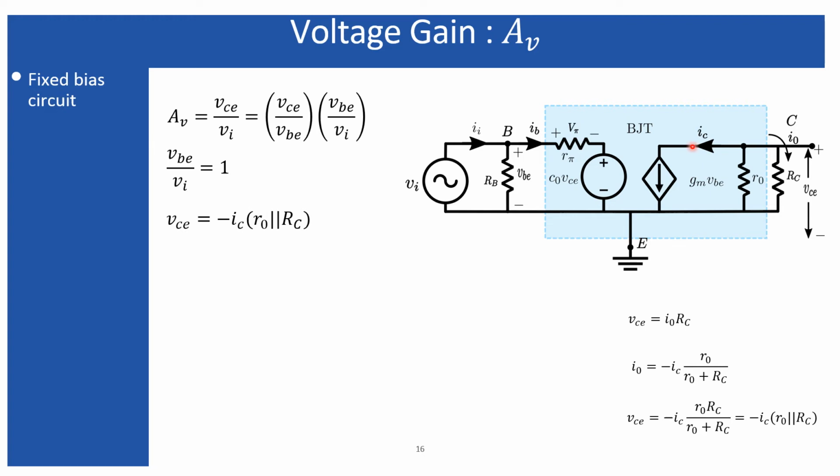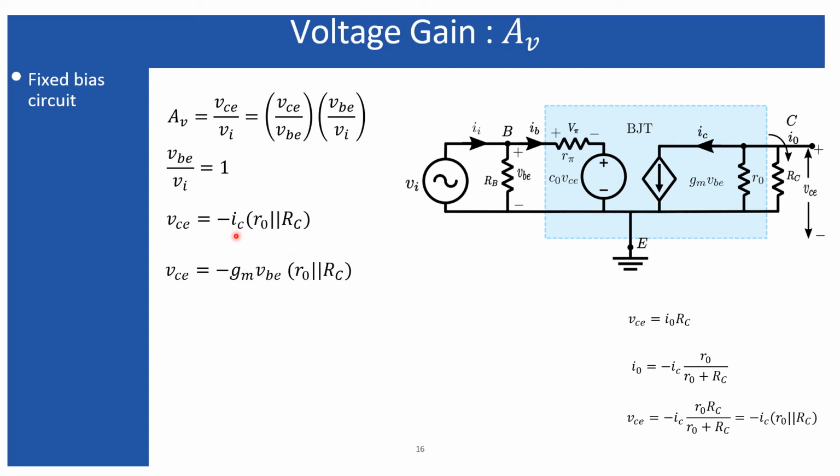So if you consider minus IC, that will be directed in this direction. So I naught will be a part of that. Simply apply the current divider rule and you will get minus IC times R naught divided by R naught plus RC, and that will be the current which is flowing as I naught through the RC. And if you know this I naught, apply this equation to find the VC. So just multiply this RC with this I naught, you will get this equation. So finally, the VC will result as this equation.